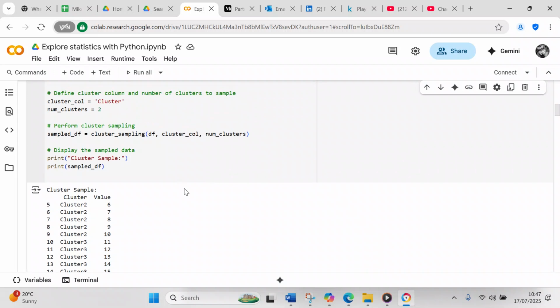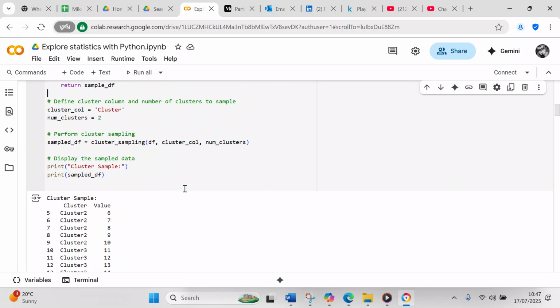So you're going to define the cluster column and number of clusters to sample. So cluster column equals cluster and num clusters equals 2. That means it's going to select 2 clusters. Perform cluster sampling: sample df equals cluster sampling, df, cluster column, comma, num clusters,